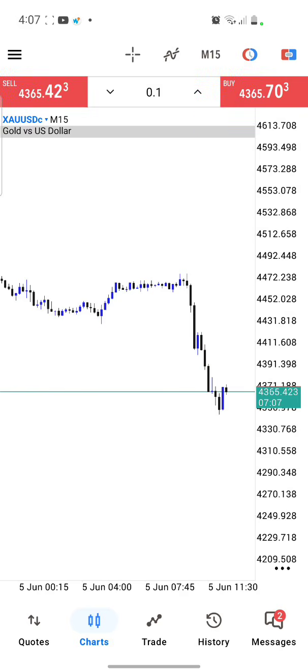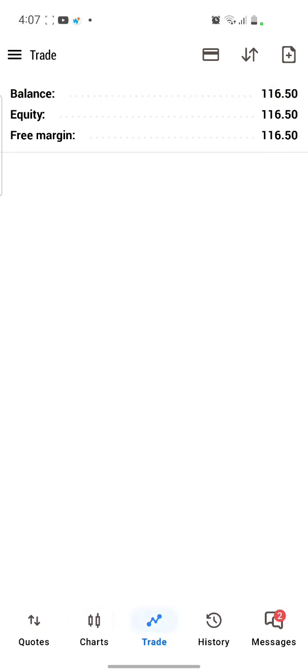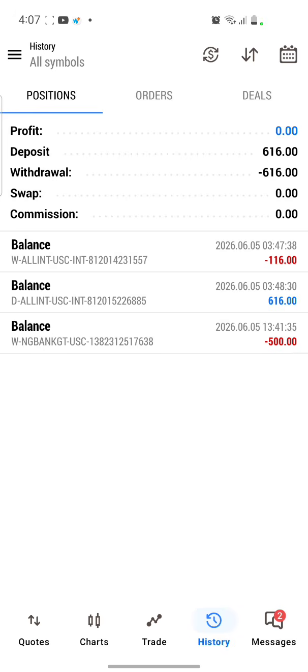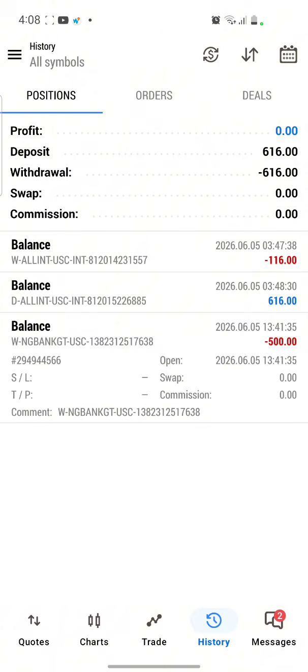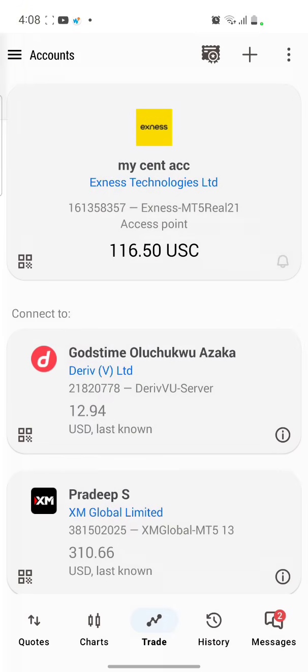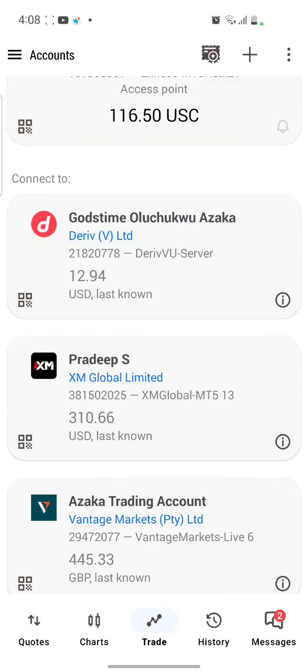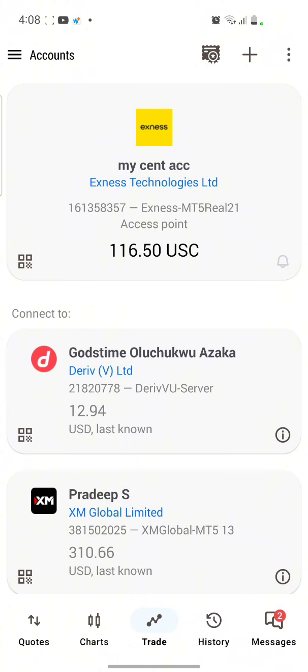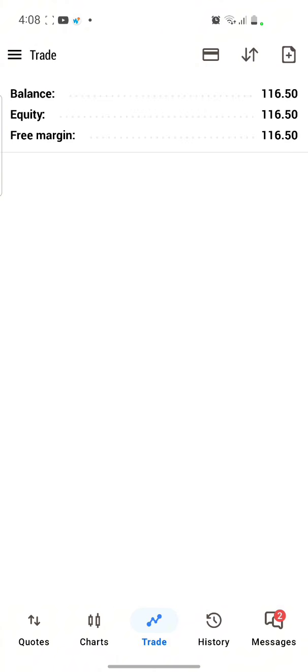So remember, it was $6.16. So this is the 16 cents that was left, and as you can see, this is the withdrawal right here. It's $5 of which I withdrew, leaving the 16 cents right there. So it's a beautiful challenge thus far. It's a really beautiful challenge, and we've gotten to $13 now.